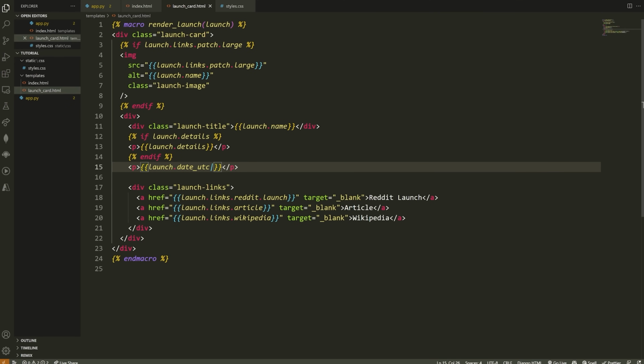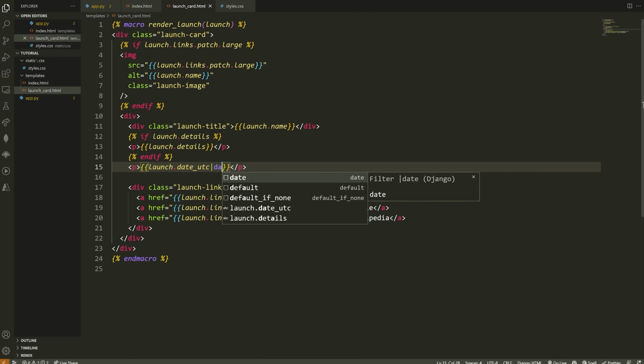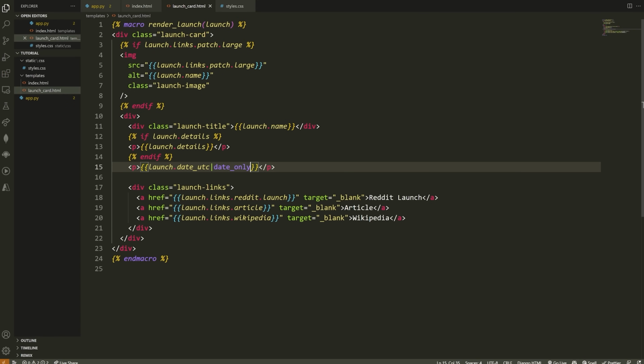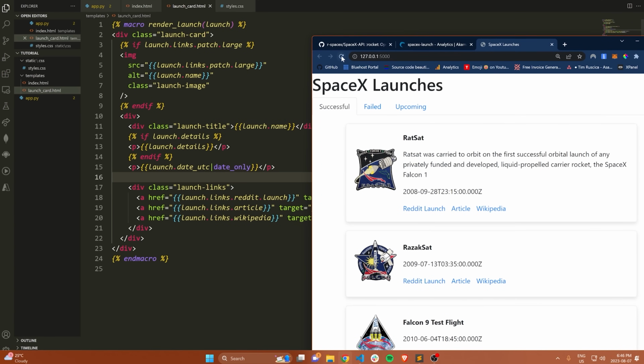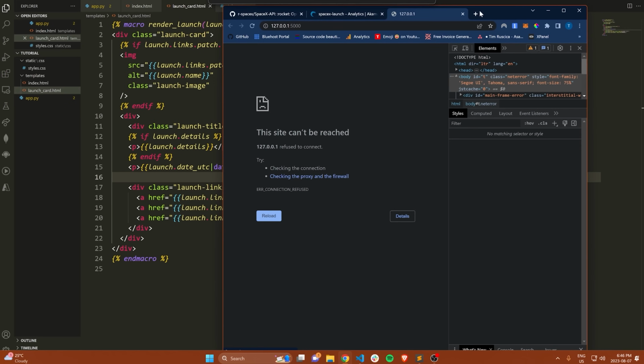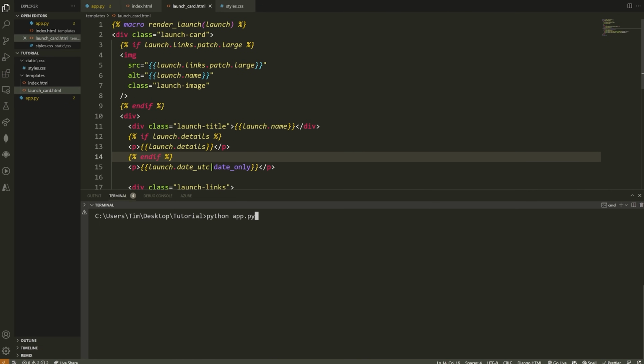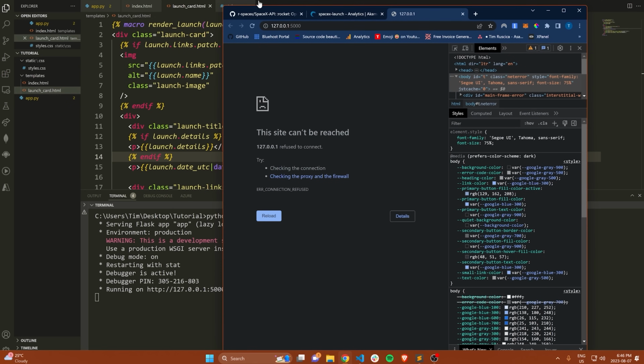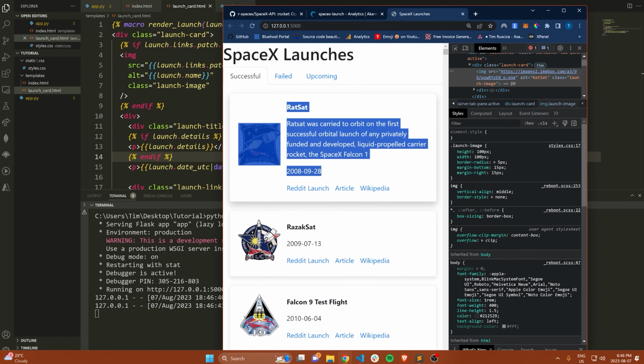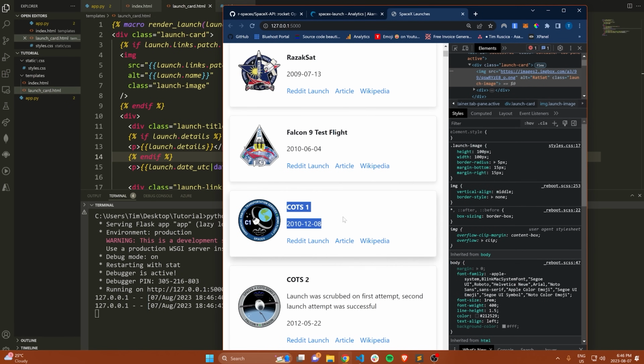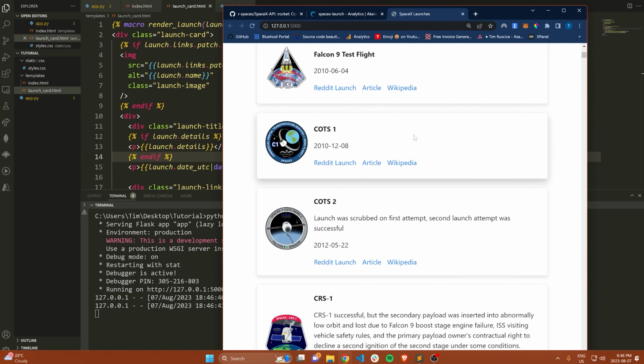We're going to put a pipe operator, or the or sign, depending on the language you write in. And we're going to do date_only. Now it's going to look like it's an error here, but this is valid. What this is doing is taking whatever this content is and passing it into this function, which is the template filter, which will strip off that part of the date. So now if we go here and refresh, we get our date appearing on the screen with that stripped off content.